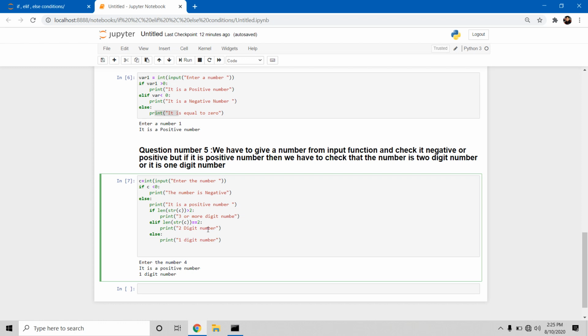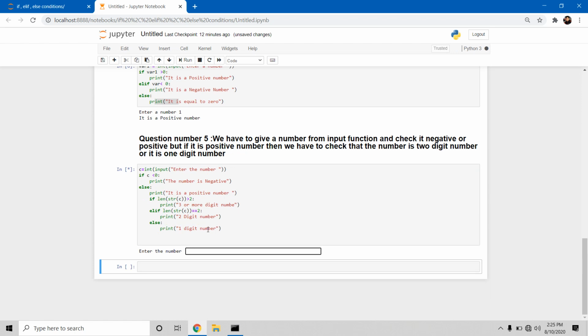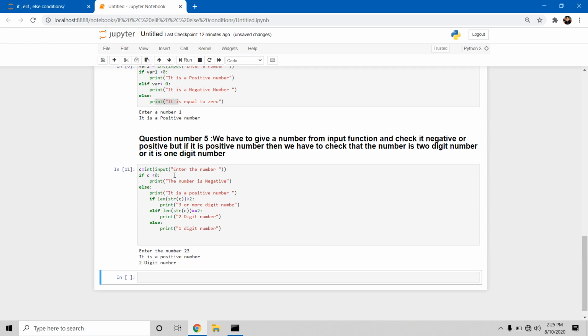Now I will show you by executing them. We are taking any number like 23. Now it will check if it is greater than 0 or smaller than 0. It is greater than 0, then it will execute this: it is a positive number.